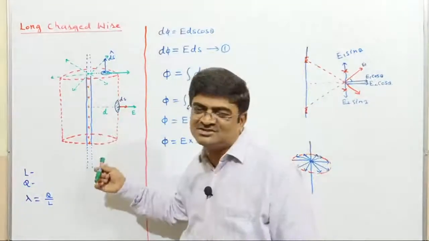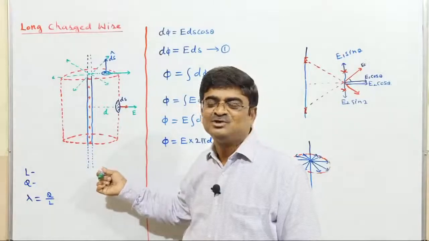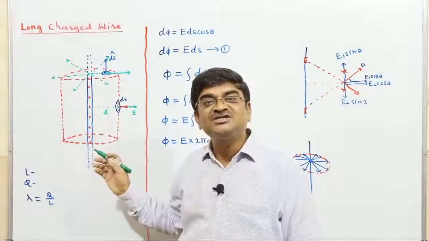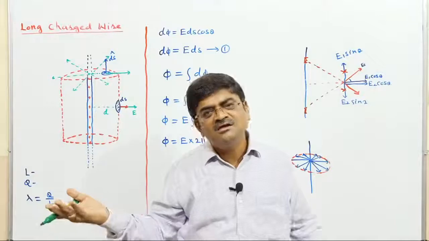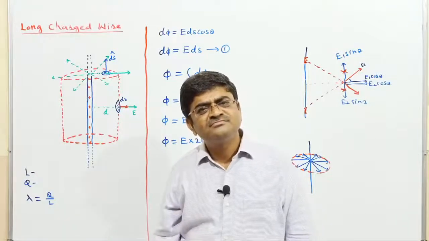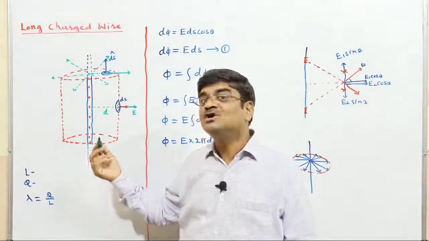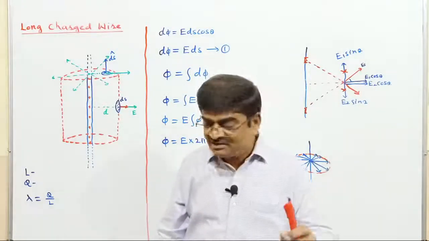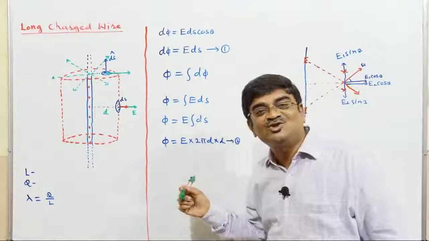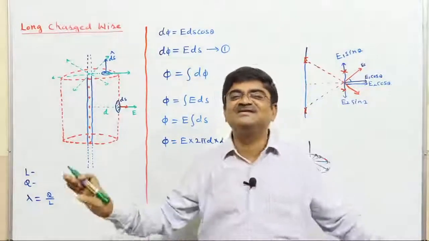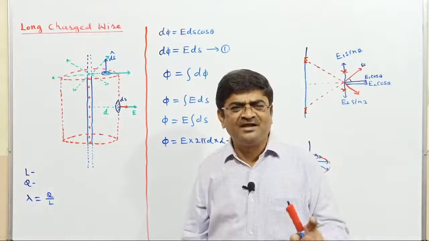So what I understand is that there is no contribution to the flux through either this circular cross section or this circular cross section. So flux through the circular section of the cylinder is 0. Either this first one or second one, flux is 0 through the circular section. So whatever flux I have got, that is through only the third portion of the cylinder. Hope you are getting me.